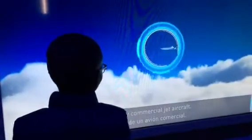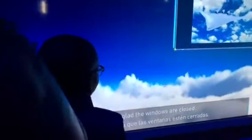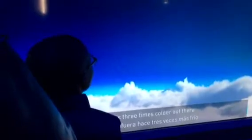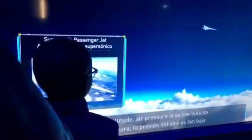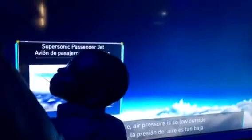You're now at an altitude flown by commercial jet aircraft. Be glad the windows are closed. It's 3 times colder out there than in an ice cream freezer. At this altitude, air pressure is so low outside, you need a pressure suit to survive. The only aircraft you might see now are high-altitude weather balloons that collect data about the upper reaches of Earth's